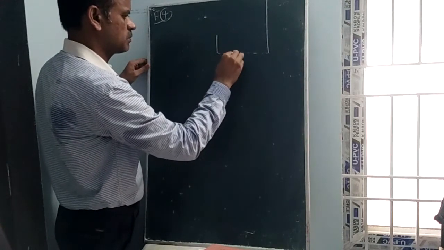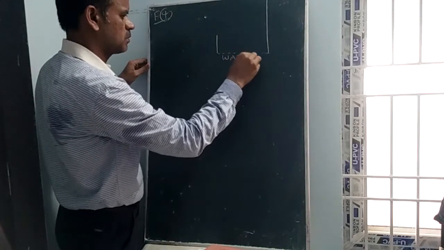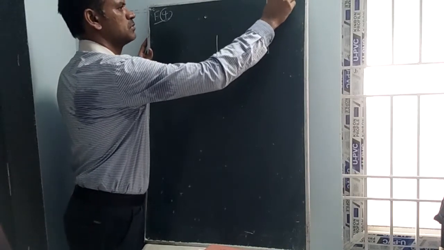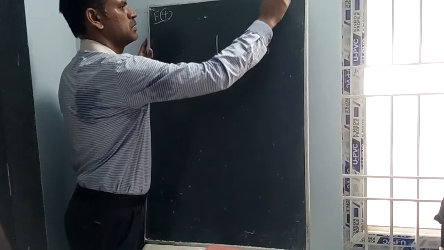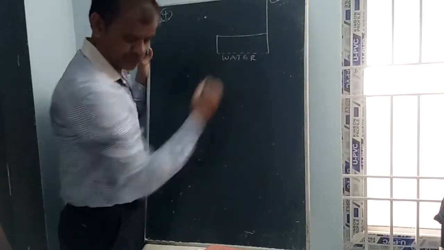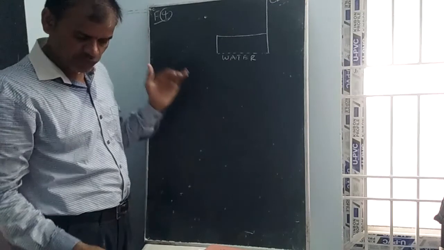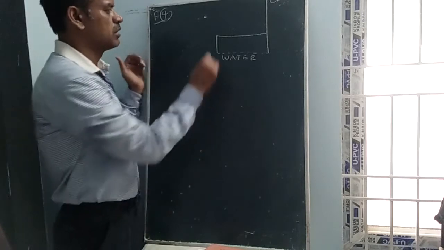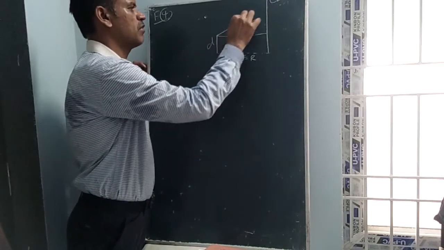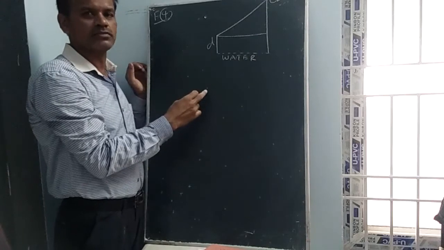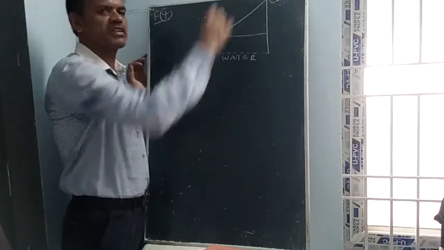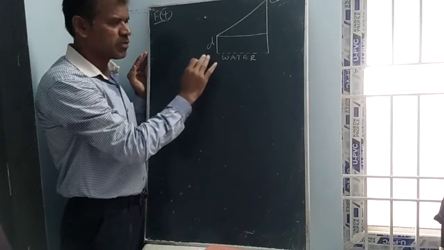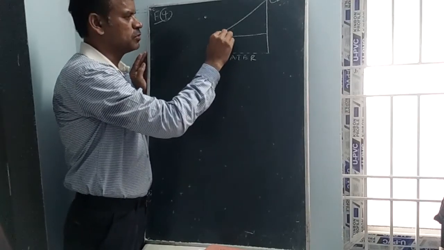This is the water. This is the cloud. The angle of elevation of the cloud from a height of d meters above the level of water is alpha. This is the d above the level of water. Let it be a tree. A man got up the tree and he is observing the cloud in the upward direction. This is a tree at the bank of the river. Now this is alpha.